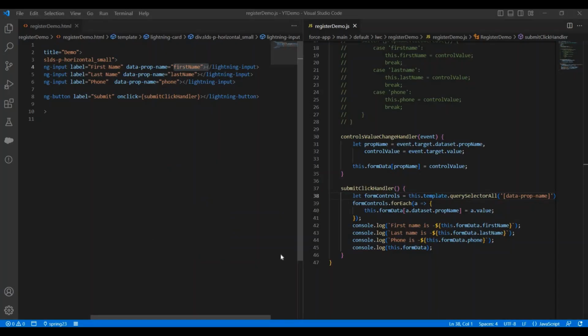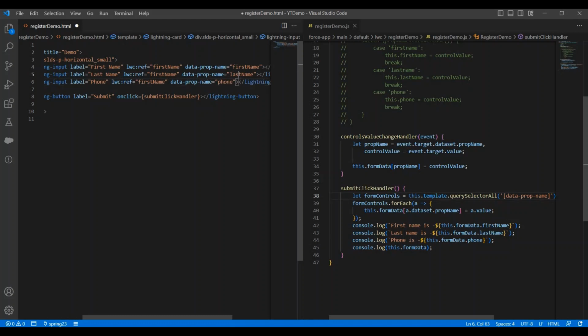So with HTML elements, we can use the ref attribute, lwc:ref, and assign a unique value. So let me add firstName, and add the same ref attribute with all these other elements. Okay, so I have added the ref attribute with all controls. Now if you want to access HTML elements in JS which have the ref attribute, then you can find them in the refs object. For example, let's say you want to access this first name text box, then you can write like this